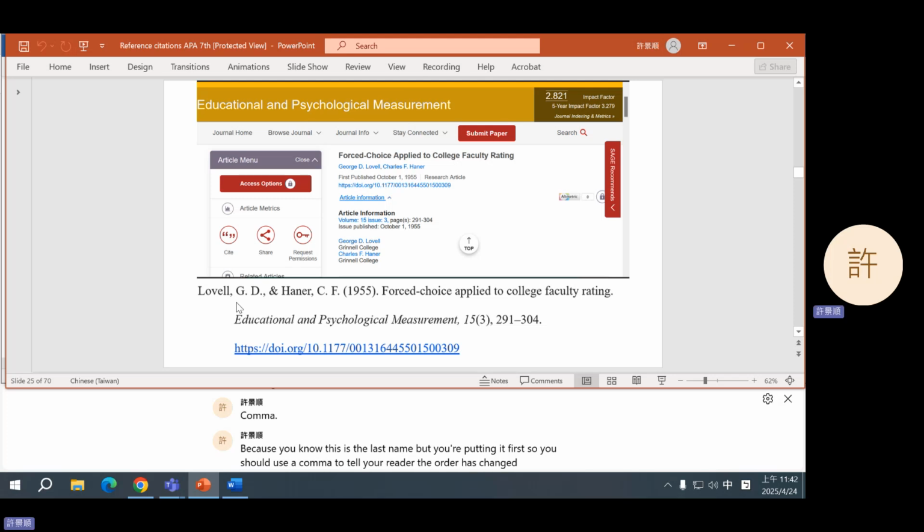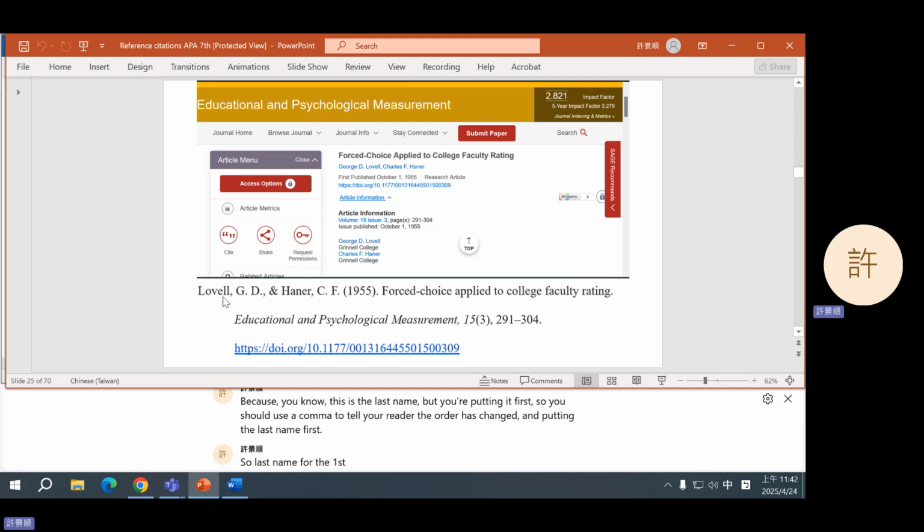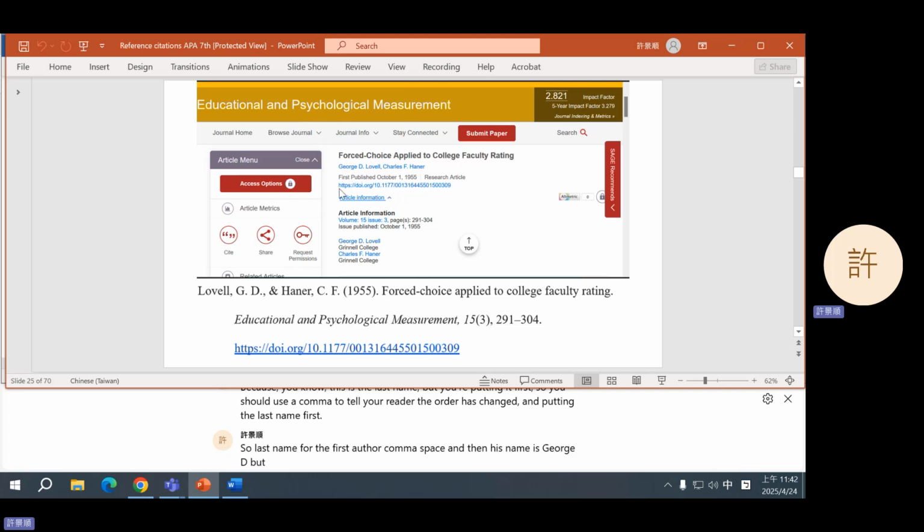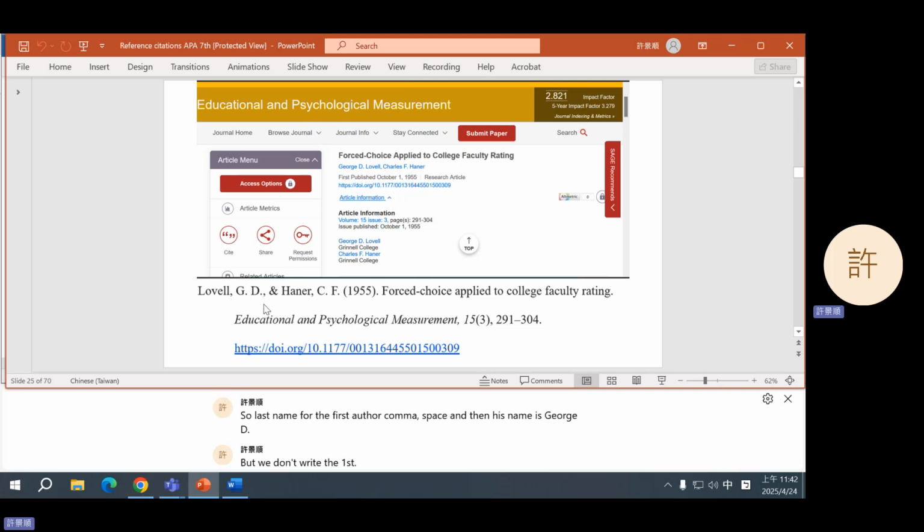I'm putting the last name first. So last name of the first author, comma, space. And then his name is George D. But we don't write the first name, we abbreviate it into letters. Right? George D becomes GD. G, period, space, D, period. So that's the end of the first name, comma,